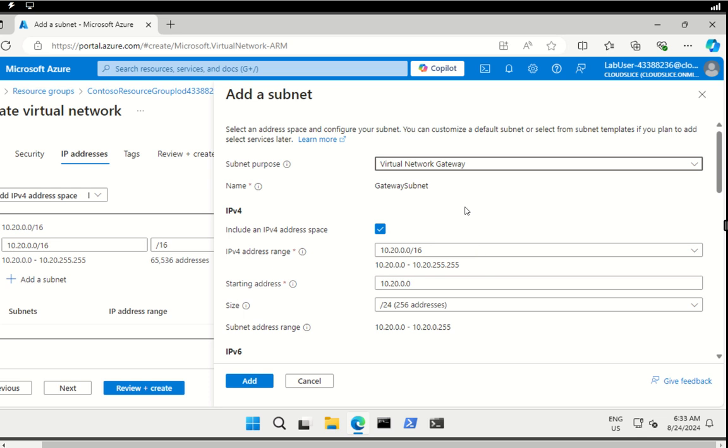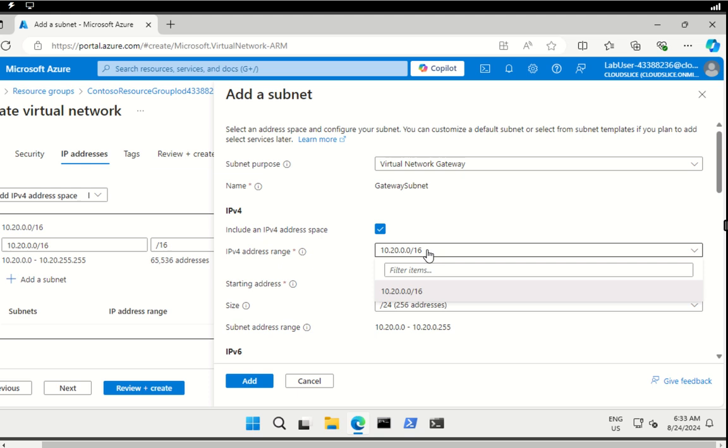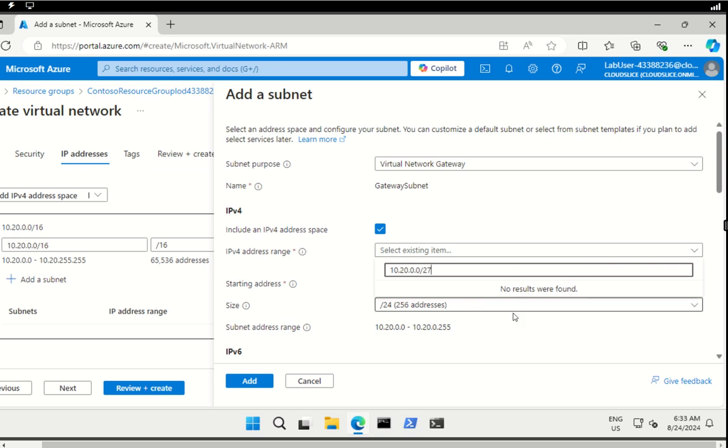Now we are going to change this into the virtual network gateway and make sure the subnet address is 10.20.0.0/27. So I put in the wrong one. This is the address range. You need to put in the starting address and the size would be 27 in this case,